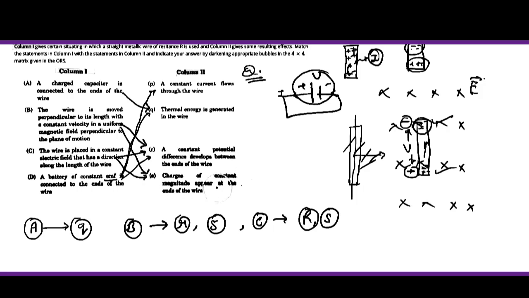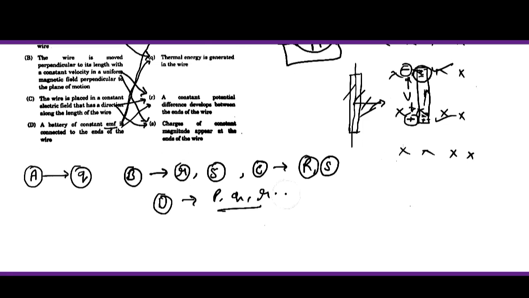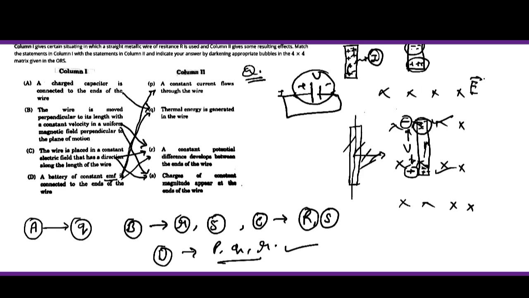तो ऐसा बिल्कुल नहीं है, क्योंकि चार्ज कंटिन्यू मूव कर रहे हैं, वो कहीं भी रेस्ट पे नहीं है कि एक तरफ इकट्ठा हो रहे हैं। ऐसा बिल्कुल नहीं है कि एक एंड पे जाके पॉजिटिव चार्ज और दूसरे एंड पर नेगेटिव चार्ज हो रहा है, ऐसा इस केस में नहीं हो रहा है। तो यहाँ पर सिर्फ P, Q और R के साथ ही मैचिंग होगी। तो यहाँ पर जो D की मैचिंग है किसके साथ है, P, Q और R के साथ, ठीक है। सो ये क्वेश्चन हमारा सॉल्व होता है, ठीक है।